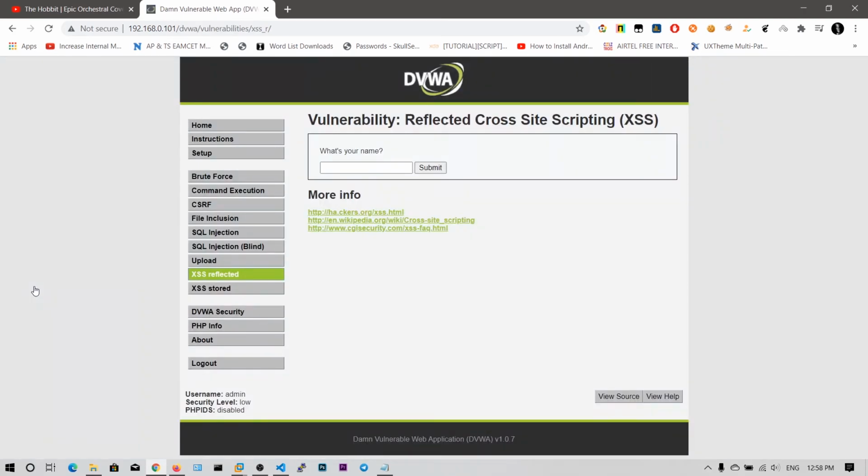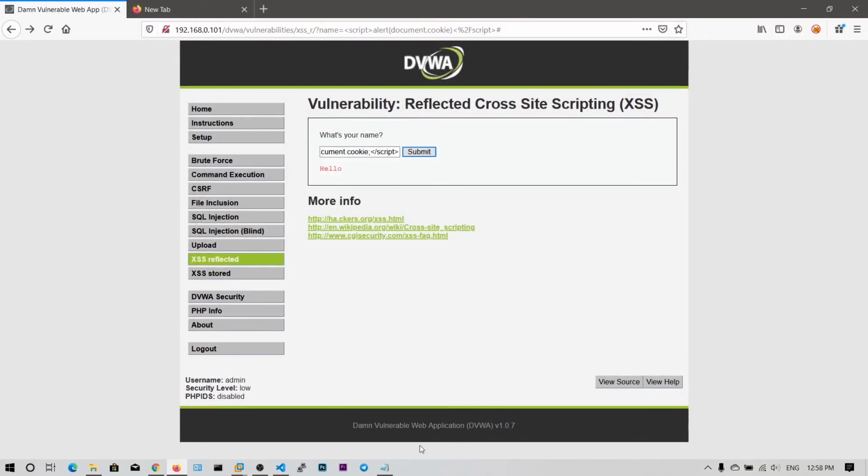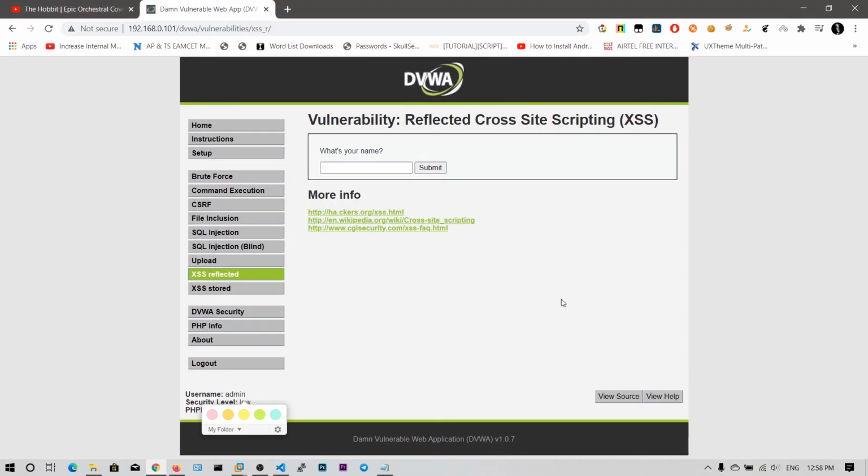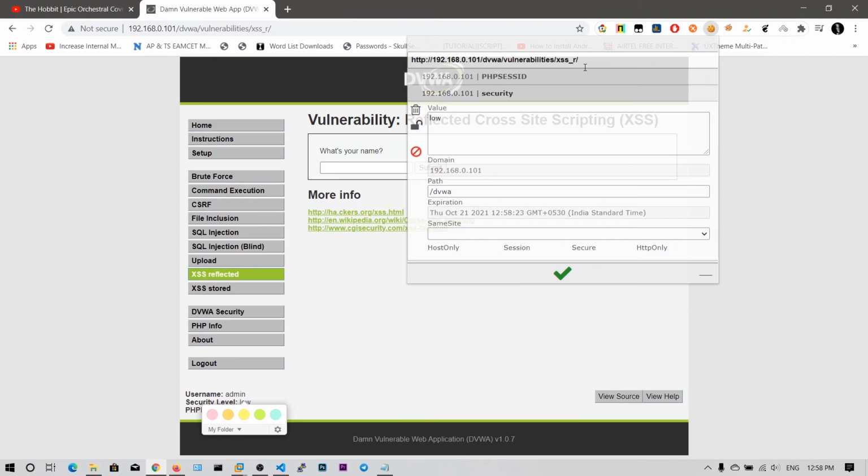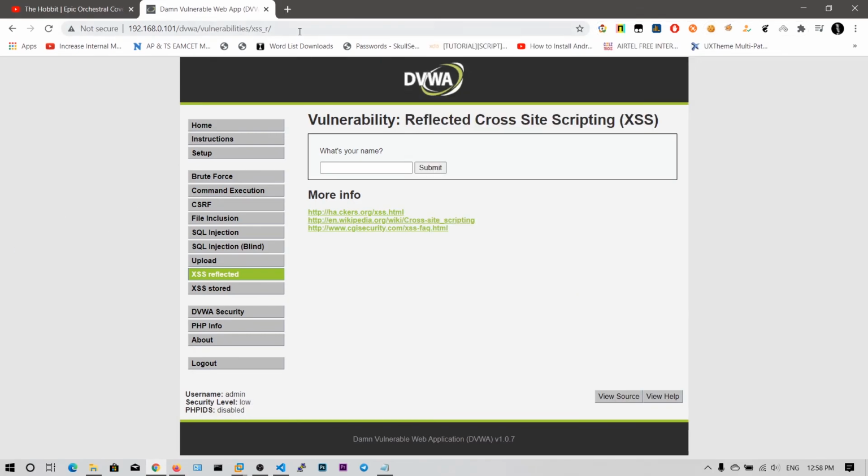And there you can see we have logged in as username admin. We have logged in as admin because we have stolen the cookie of the admin user. We have just pasted the cookie in here and successfully navigated into these vulnerabilities, and without logging in with a username and password, we have directly got the session of this admin.